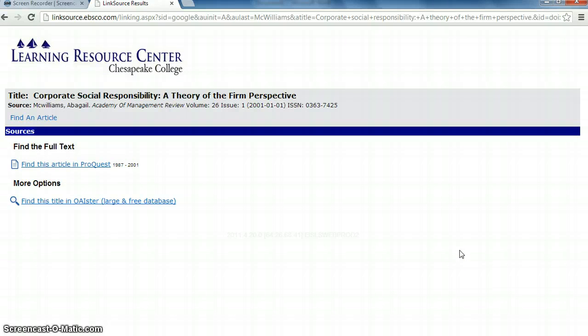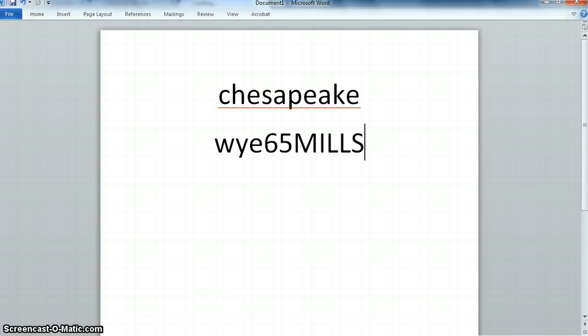This is going to link out to an intermediary page, which gives you the full information about this article, where it's from, what volume and issue, and it's telling us that we apparently do have this in one of our databases called ProQuest. If I click on this, it will take a little bit of time, and from your end, when you're searching from home, it's going to give you a pop-up page asking for a username and password